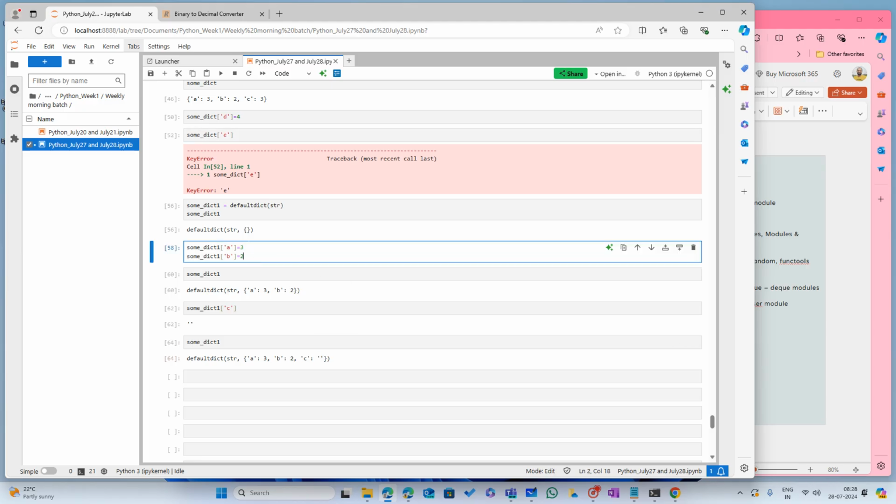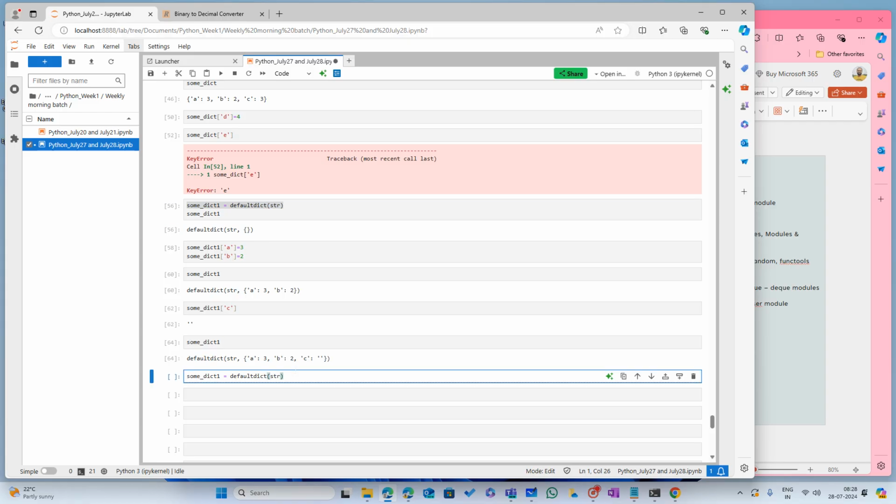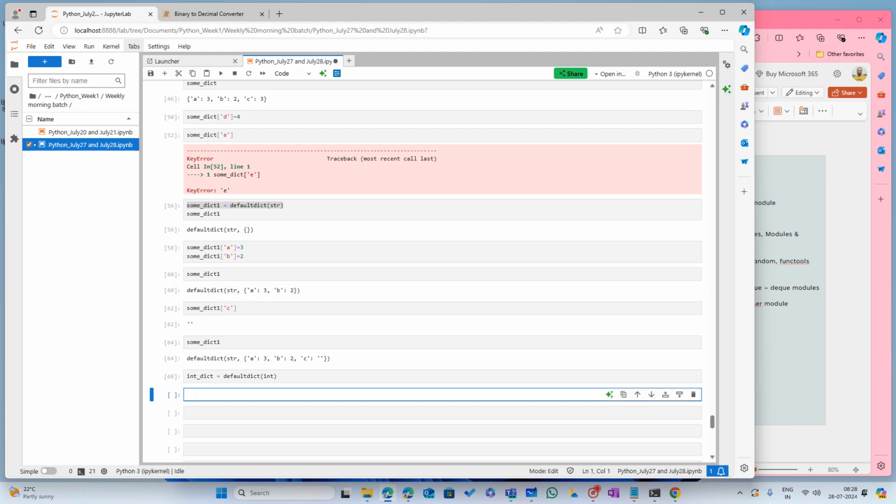Now what if I define my default dictionary without string? I define it with something else instead of string. I will use integer, and I will assign it to something like int dictionary, just so that I can have better naming. Now in my int dictionary, let's say I want to add a value, a is to 1,